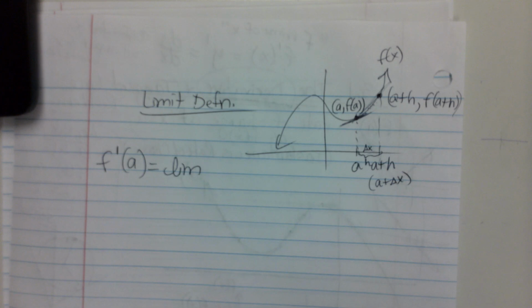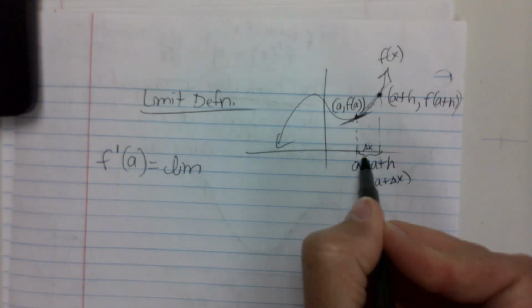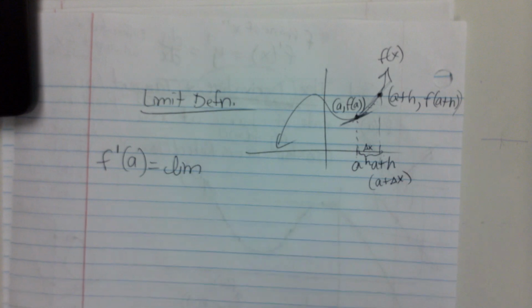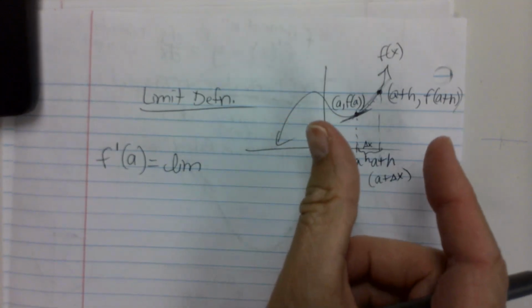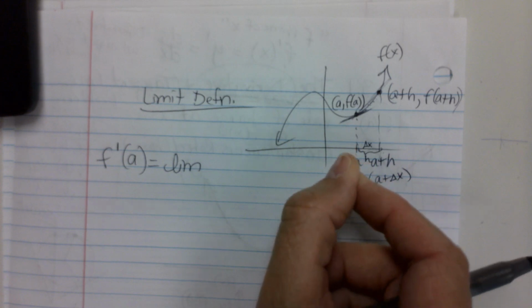But from this drawing that I just did, the distance from a to a plus h is delta x or h. What is happening to that delta x or the h? The distance is actually going to get closer and closer to